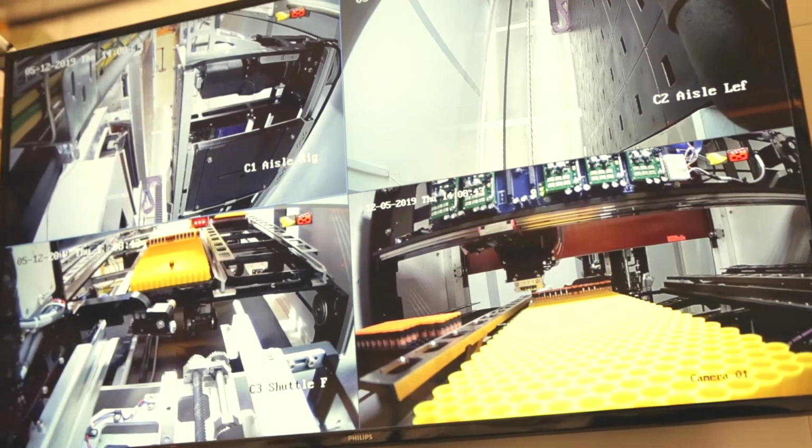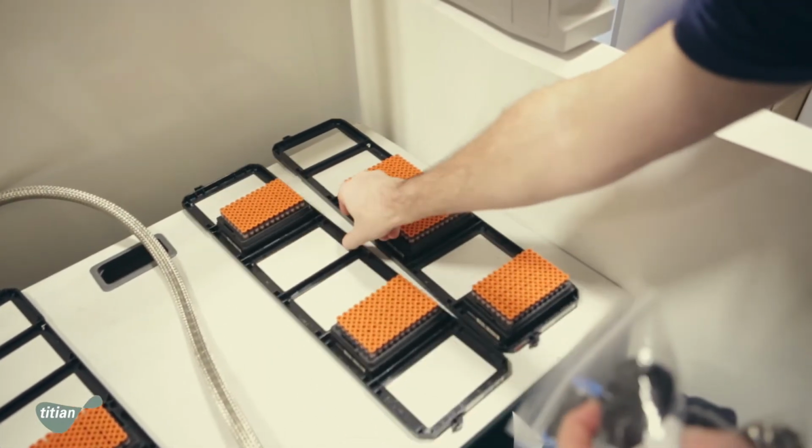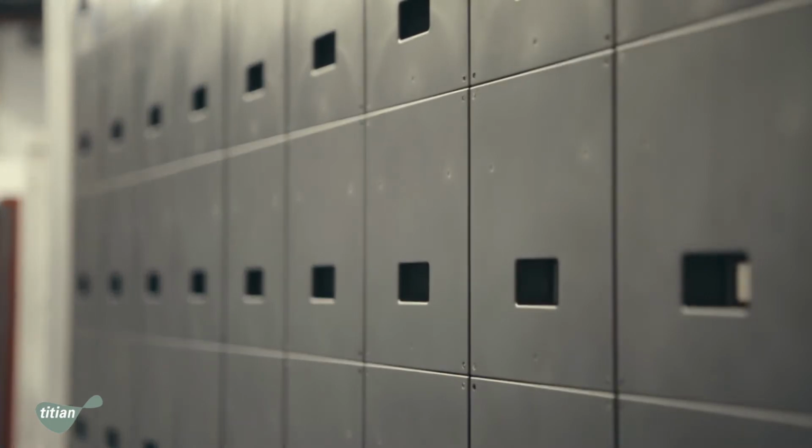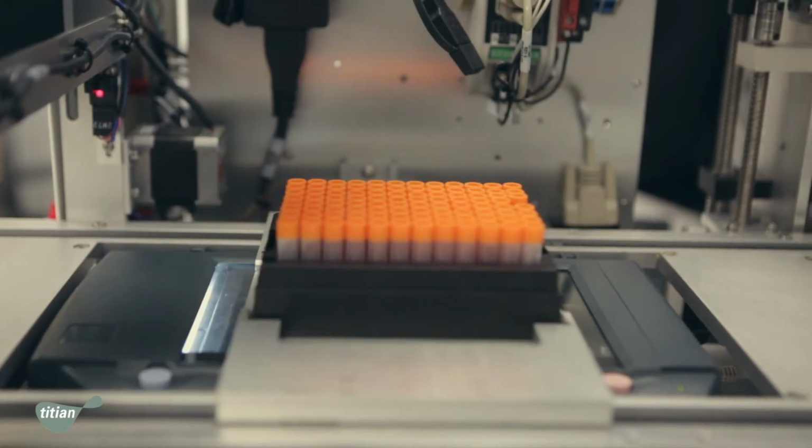One of the reasons that Titian and Brooks have a partnership such as this is really because the products that we offer have synergies. Often in a lab where you're managing sample inventories, there will be a need to make sure those samples are stored efficiently to maintain sample integrity. Titian's Mosaic software integrates with various instruments from Brooks, such as large and small automated stores, tube rack readers and